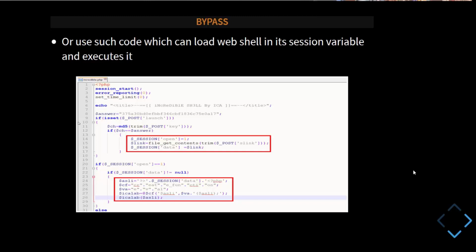Well, for this case, all we need to do is have code which does not have any blacklisted keyword but actually calls the web shell, holds the content of the web shell in a session variable, and then passes this web shell content to the eval keyword. So this is how we can bypass security measures such as blacklisting of keywords.